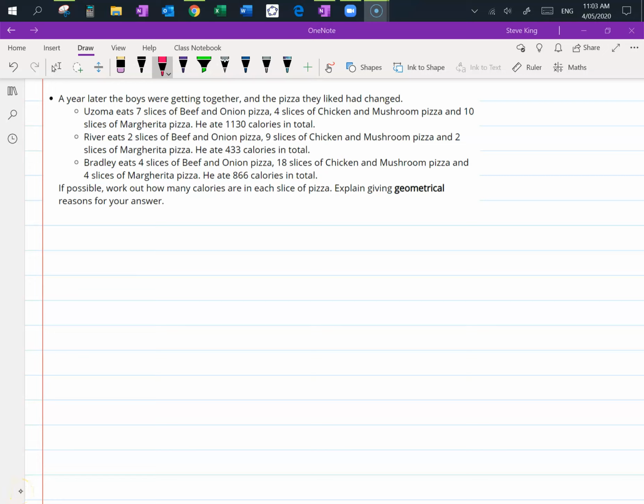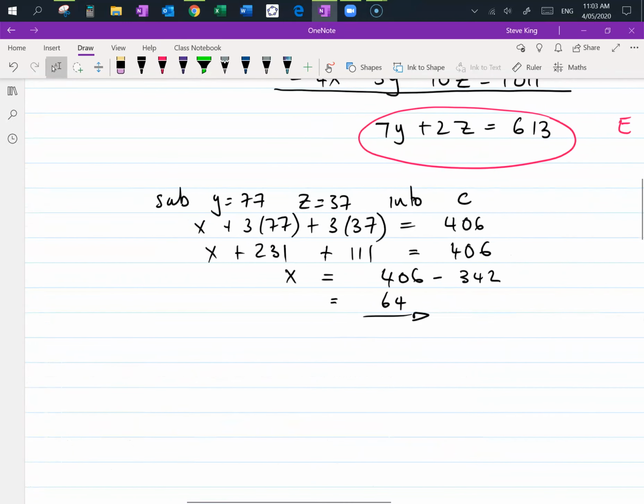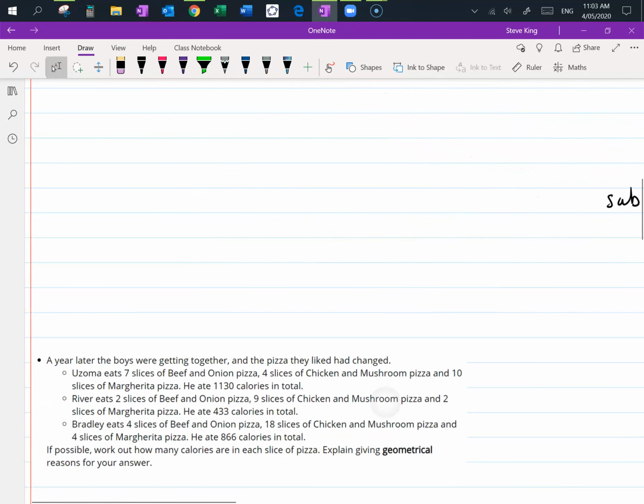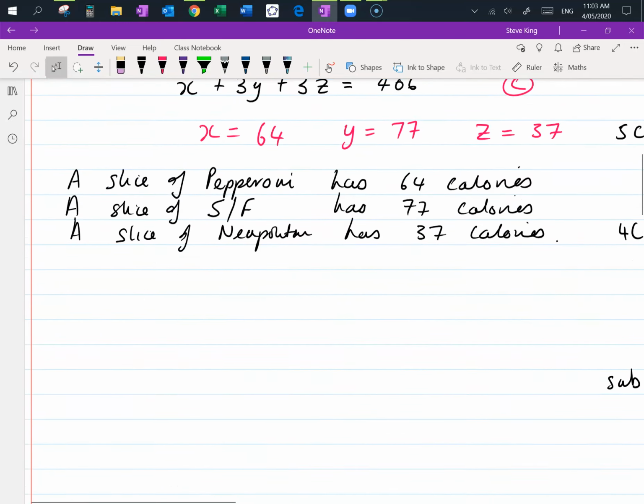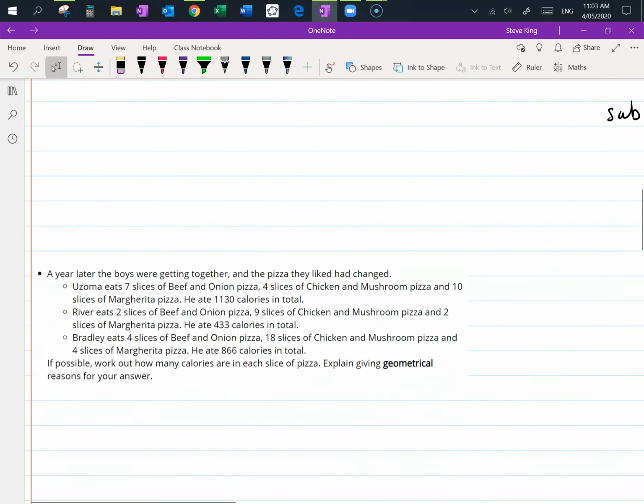Hi, right, we're back for part 2 of OPizza. So we got the single individual answer last time. We got the values of x, y, and z, and we've got a unique solution there. The second part